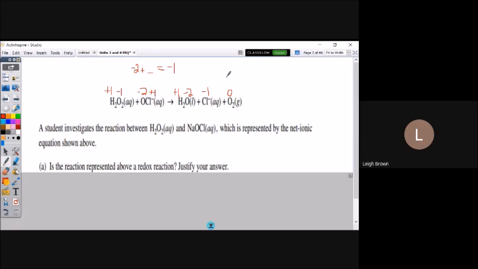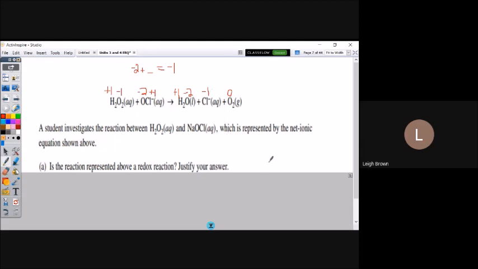So if I look at this, is this a redox reaction? Well, there's no question it is. So I would say, yes, this is redox. How do I know? Well, I've got 2 different things changing oxidation numbers. So I've got oxygen going from -1 to 0. I've got oxygen going -2 to 0. And then there are a bunch of charges for oxygen. So there's no question oxygen's involved. And then I also know that chlorine is involved.